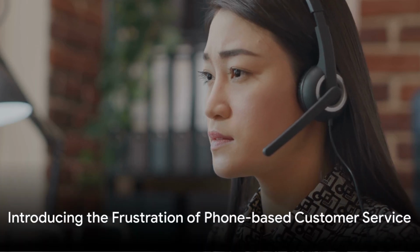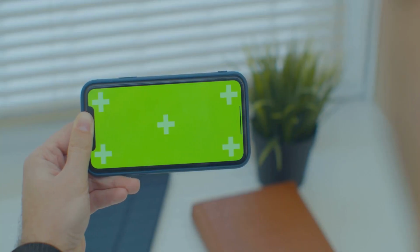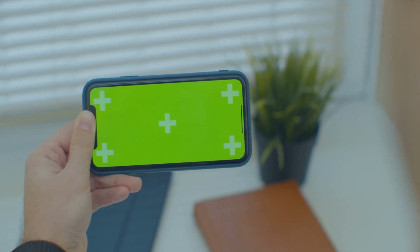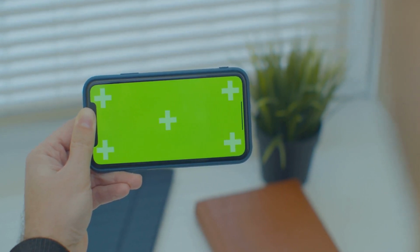Ever felt the frustration of dealing with impersonal and time-consuming customer service over the phone? Well, you're not alone. Companies are also grappling with how to connect with their customers in a highly personalized yet efficient way. Enter HearRo, a solution that's rewriting the narrative on phone-based customer service by creating trusted connections using secure